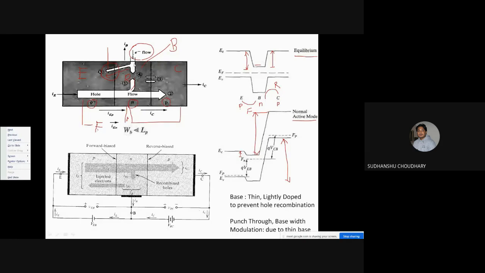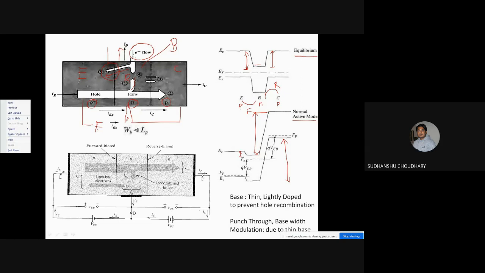Because electrons are moving in this direction into the base, that obviously means I'll have a current out of the base because of these electrons which are moving into the base. Right? So I have a current IB. The origin of base current is due to this electron flow into the base. That is why the base current is present here, to compensate the loss of electrons in the base.